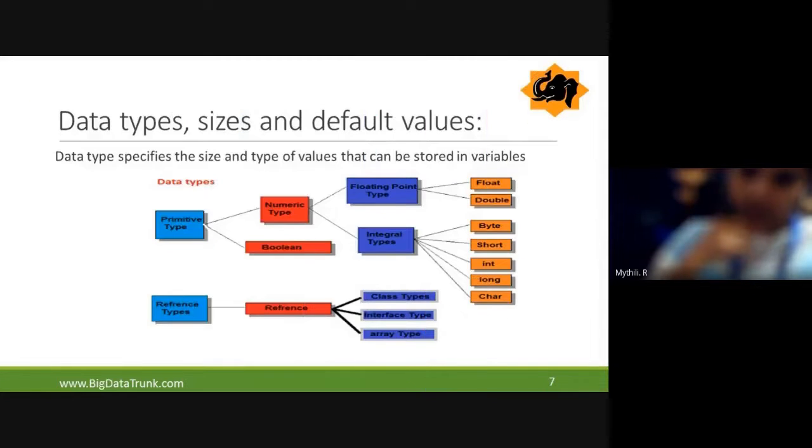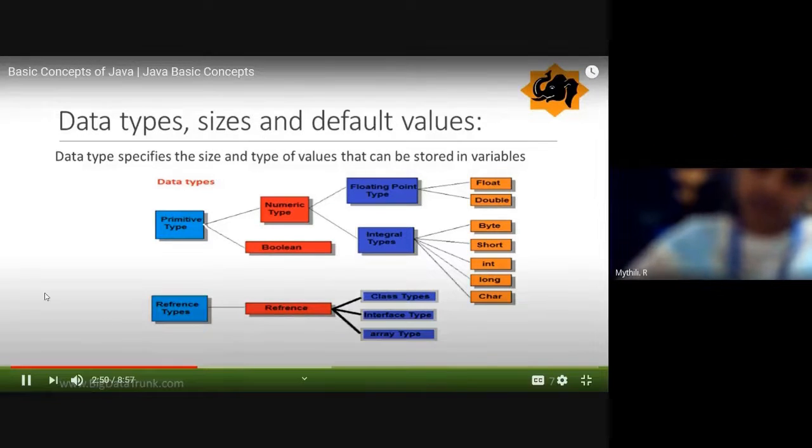Here we will discuss data types in Java programs. A data type specifies the size and type of values that can be stored in variables. So basically, Java data types can be divided into,